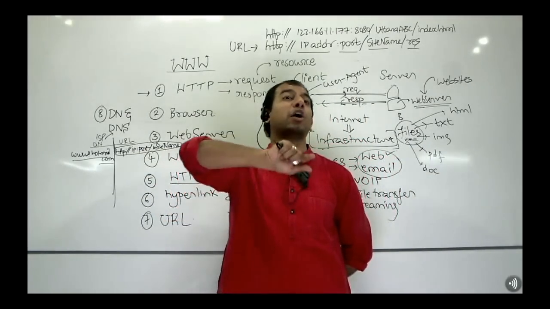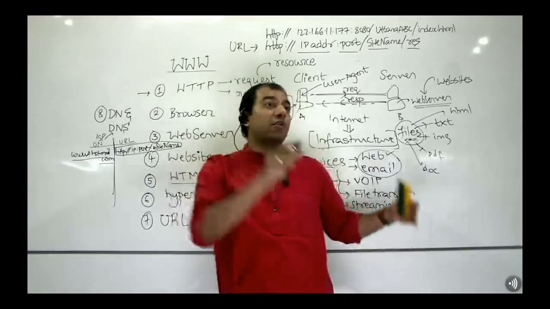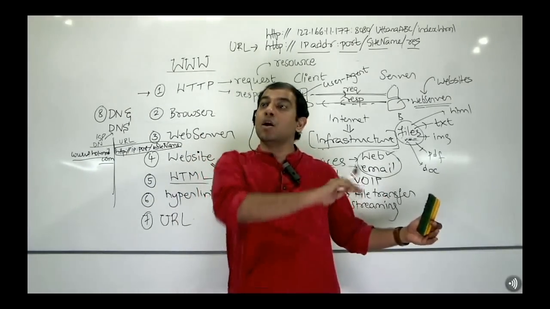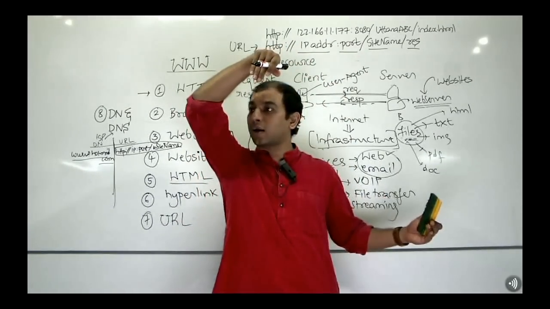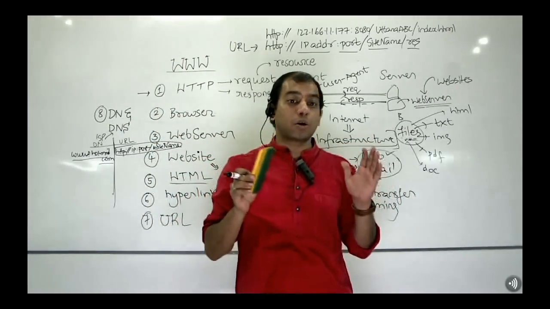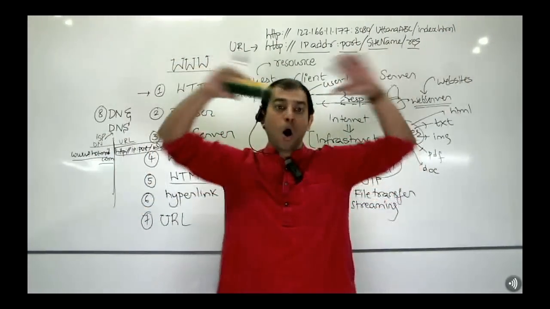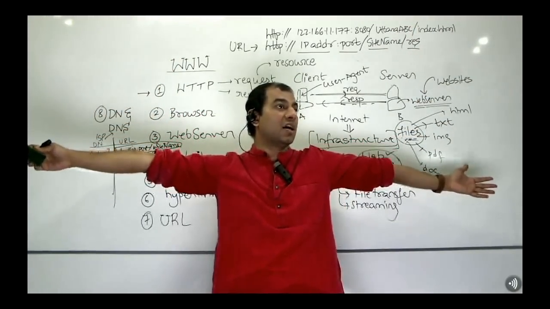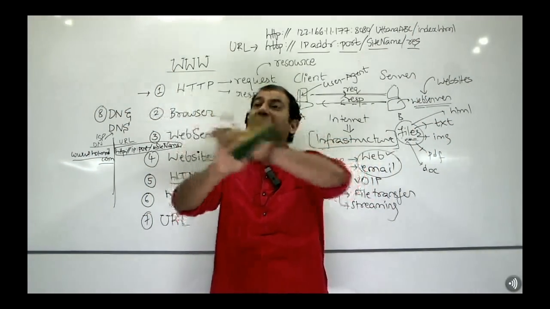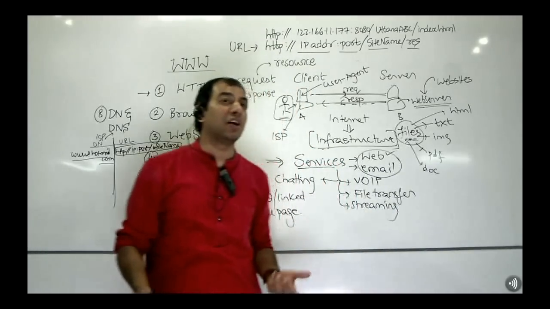One ISP will talk to other ISP. That other ISP will talk to other ISP. If the entire local set of ISPs don't have it, they will talk to their headquarter, manager ISP, the manager ISP. The query will be asked throughout the entire world. All the ISPs in the world will be asked and the URL will come back to you if it is there anywhere. You understand? What a beautiful implementation, isn't it?